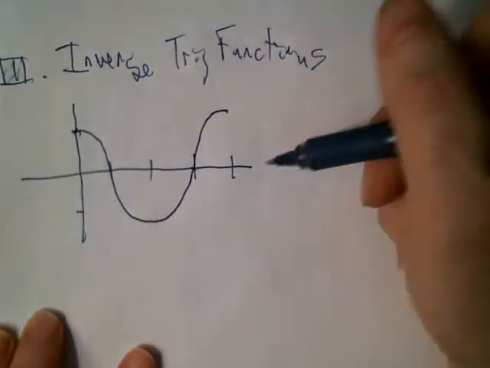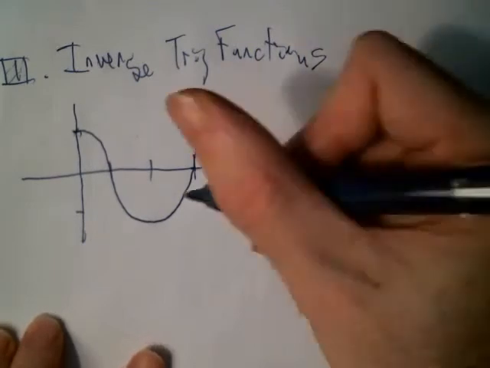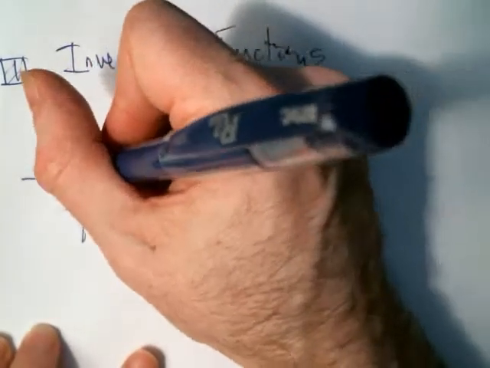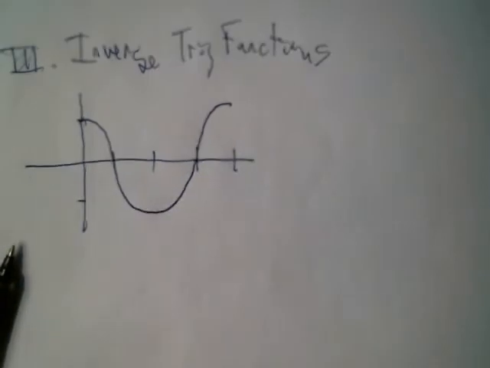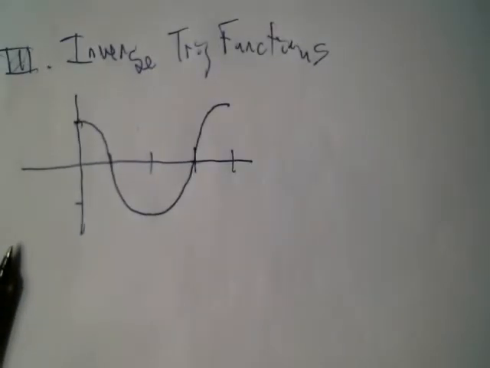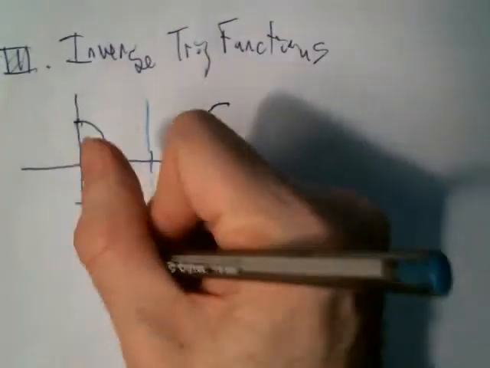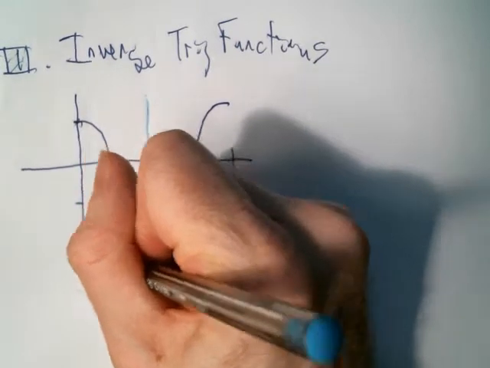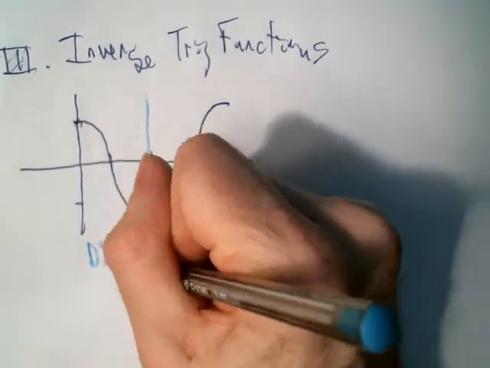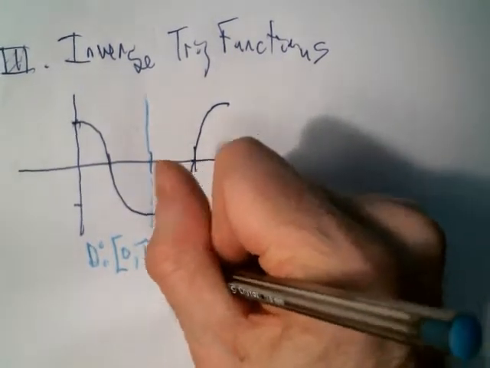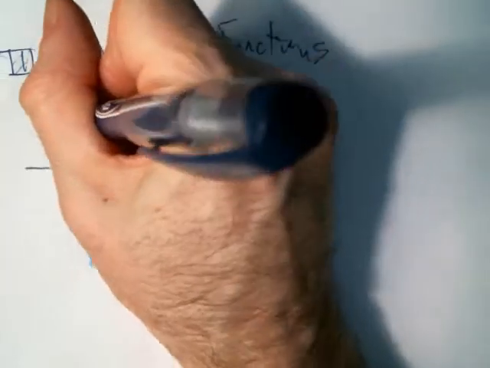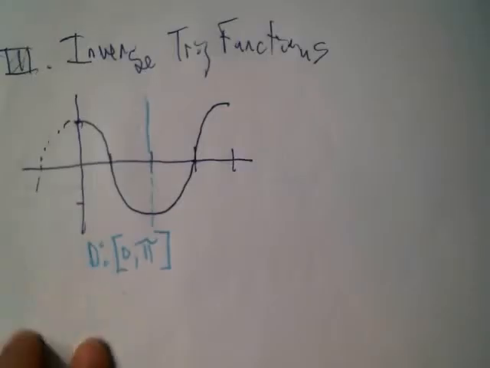It fails the horizontal line test, so what do you do? You restrict its domain from 0 to pi, right? So the restricted domain is going to go from 0 to pi, and in that regard, we can go ahead and find its inverse,